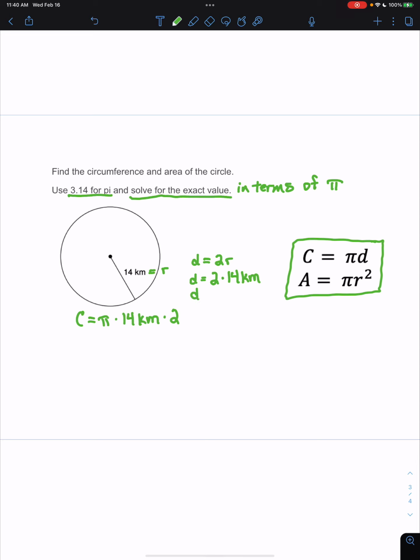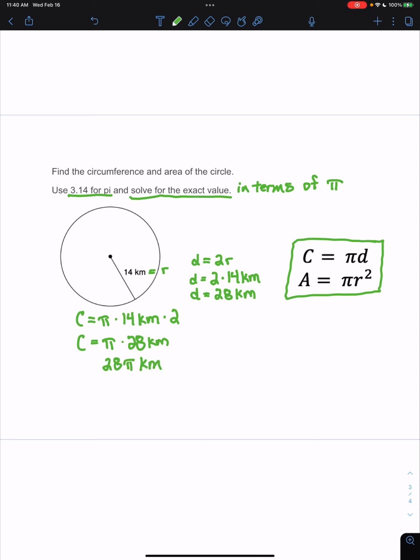So our diameter is equal to 28 kilometers. So I could just write it as circumference is equal to pi times 28 kilometers. Now, if I wanted to leave it in terms of pi, I would just say 28 pi kilometers is